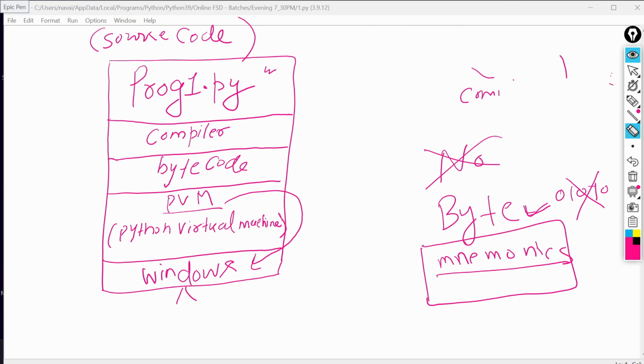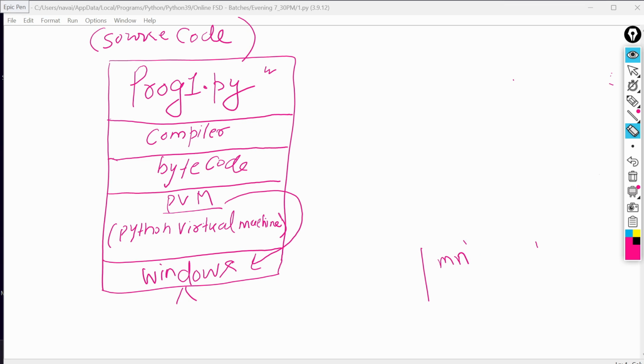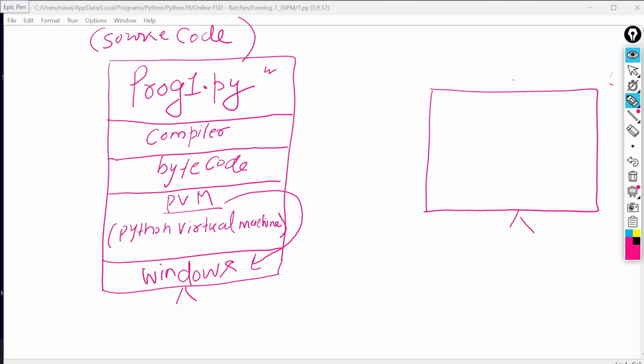If you are still not understanding why Python is platform independent, let me make it more simple. Suppose now I have another machine, another platform, a Unix environment. Whenever you compile your Python code, it will generate bytecode, and this bytecode makes Python platform independent. Here we don't have binary code directly, so we can send this bytecode to another machine.